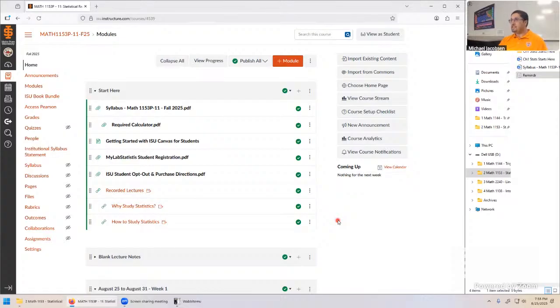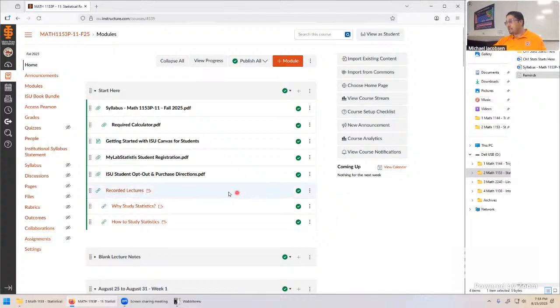What it does is it takes your credits and decides to charge you per credit for your textbooks. Some classes, the textbooks are quite costly, and so being in the book bundle is beneficial. Other classes might have free textbooks, and so you're paying for nothing. Everyone has to do a kind of calculation of, is staying in the book bundle saving me money, or is it costing me money? That can be kind of confusing.